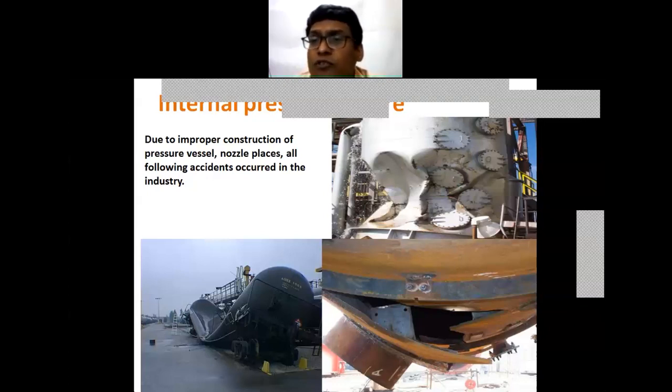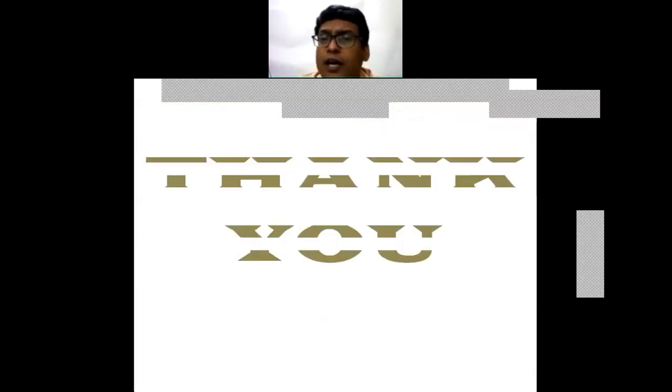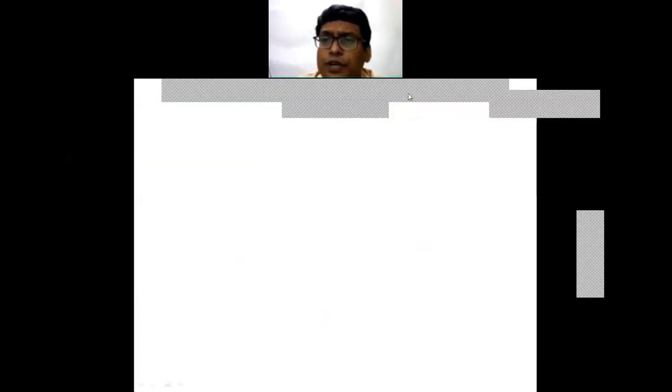Because of the weak shell, under vacuum the vessel shrinks and squeezes like this. Similarly, you can have such accidents, and here the third figure is also there. Here also you can see the nozzle can get damaged if the compensation or reinforcement is not provided properly. So this is all related